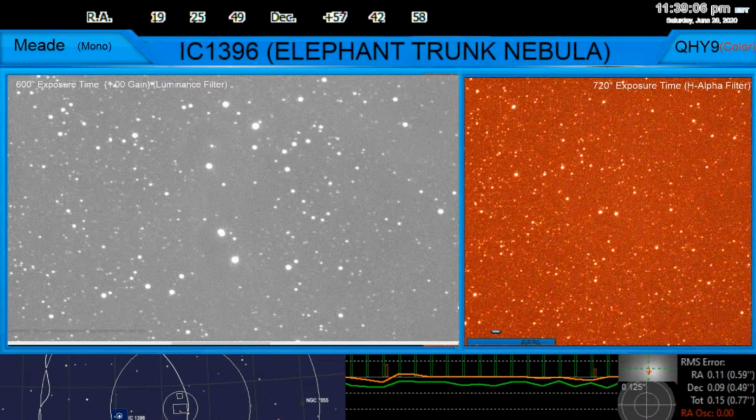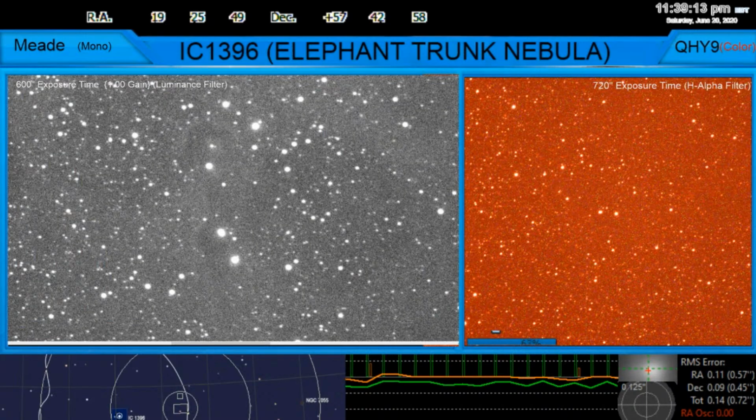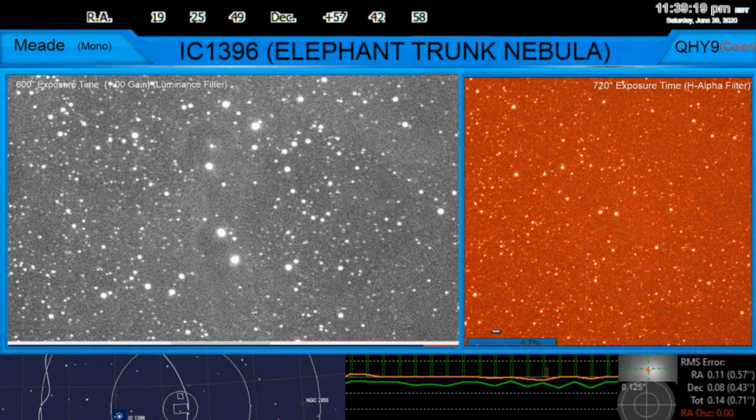What I'm doing here is just getting this just right. There you go. Now you're really going to see the detail. But you can see how I'm taking a 2-minute less exposure on the left than the right, and yet I'm getting more detail, which is incredible. The stars look amazing for it being a 10-minute exposure,